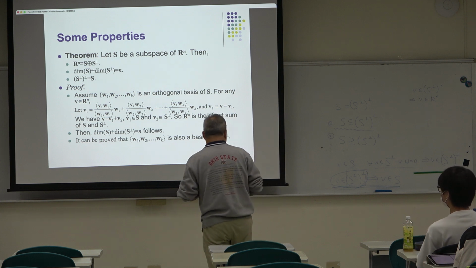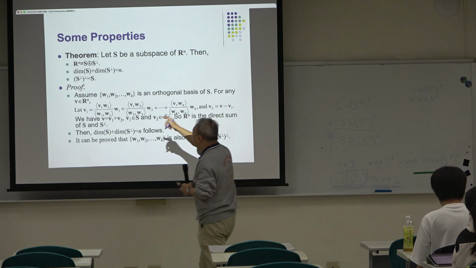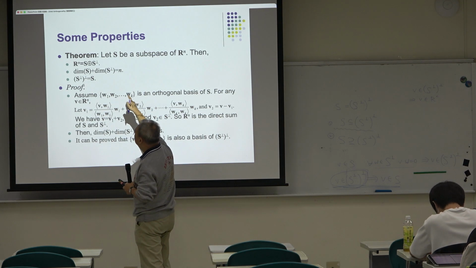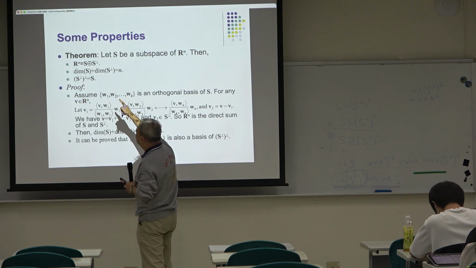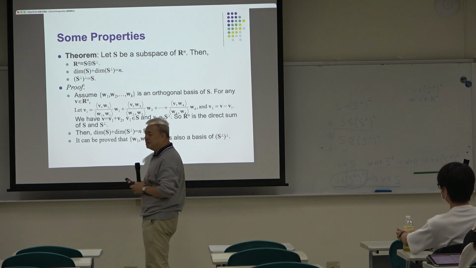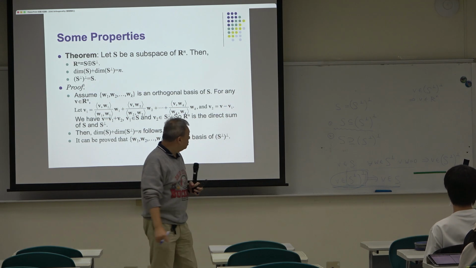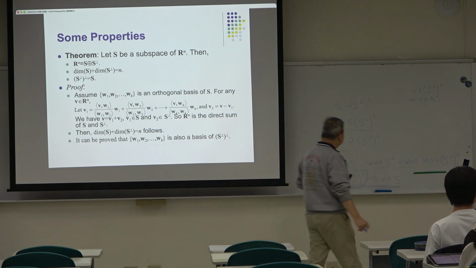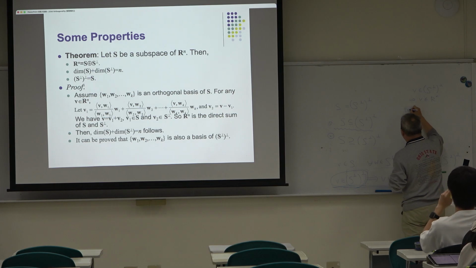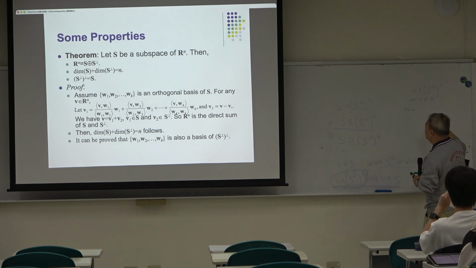So from here, remember the first one. Rn can be written as a direct sum of S and S orthogonal, right? So we know that, from number one,